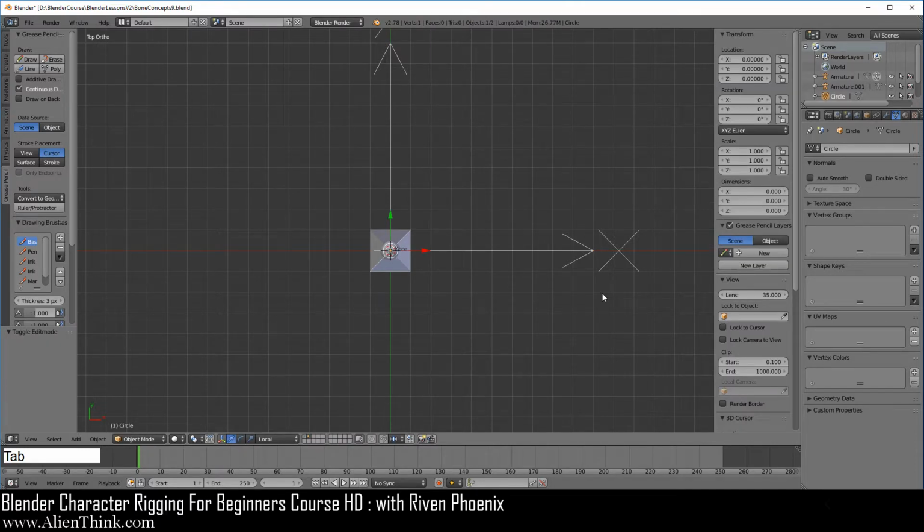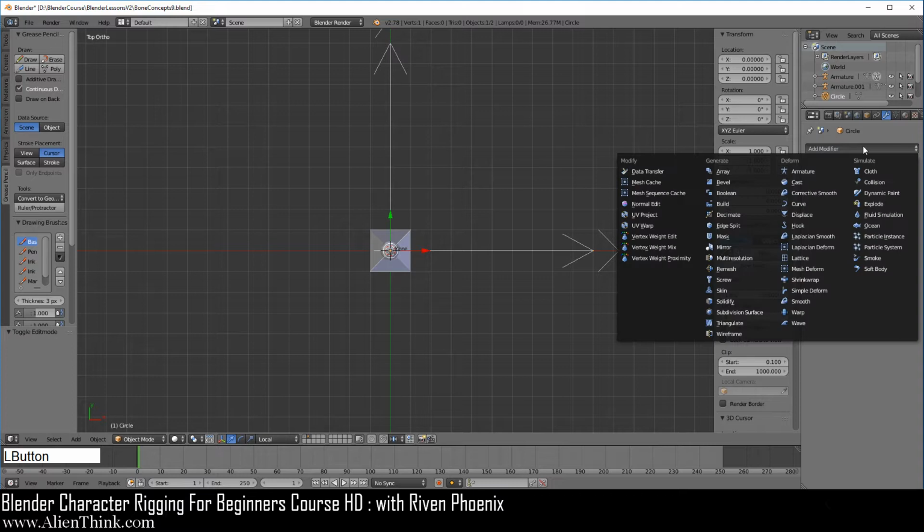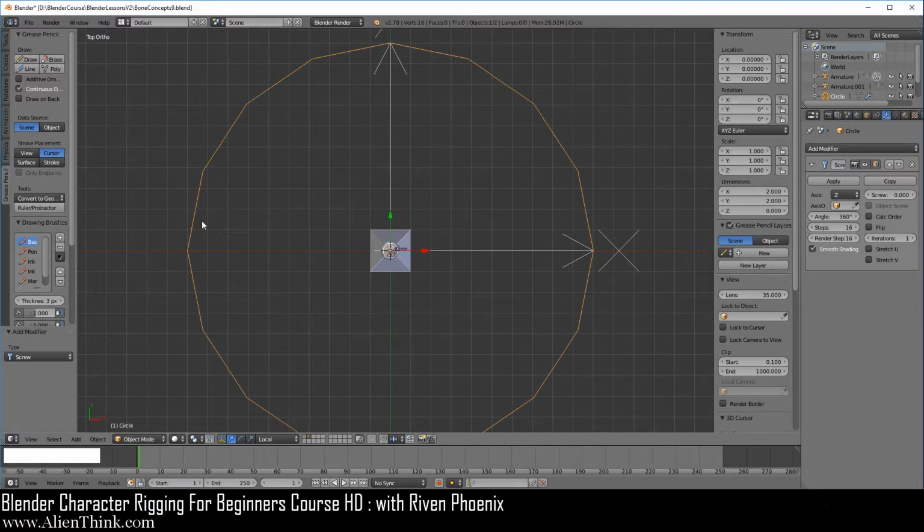Press the tab key. Now since we have the circle selected, we can go ahead and go to the modifiers tab and click over here, and here we're going to do a screw. Okay, so this is going to add this. So over here you're going to set steps to 360, enter, and over here when we remove this, you can see that we start to get numbers over here.